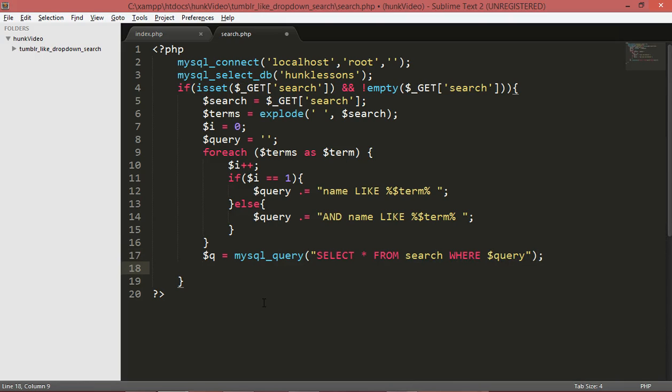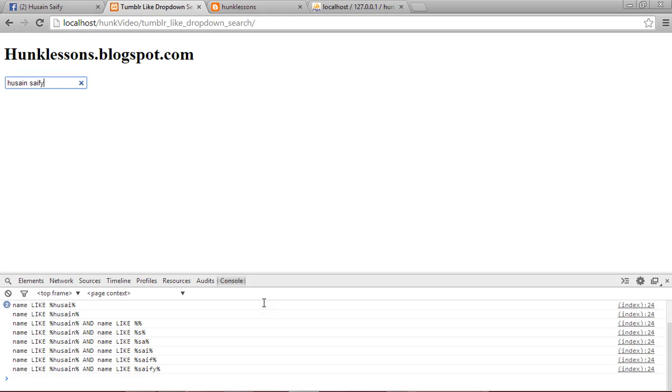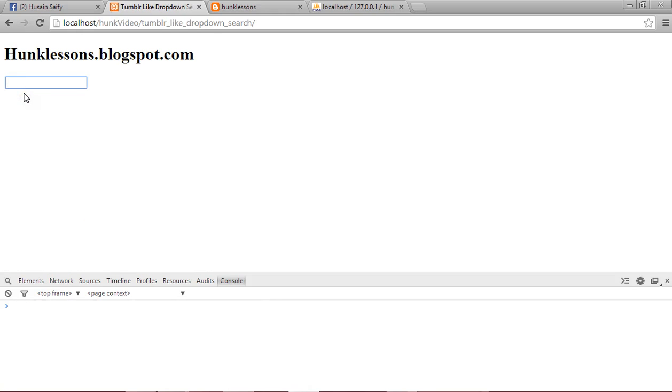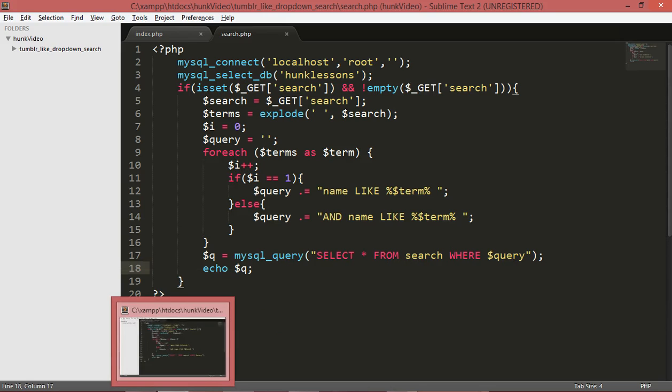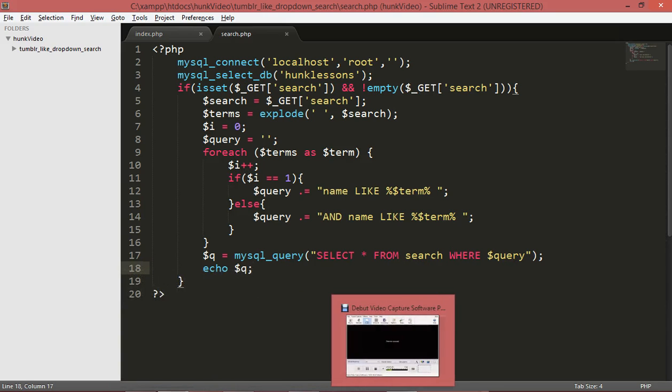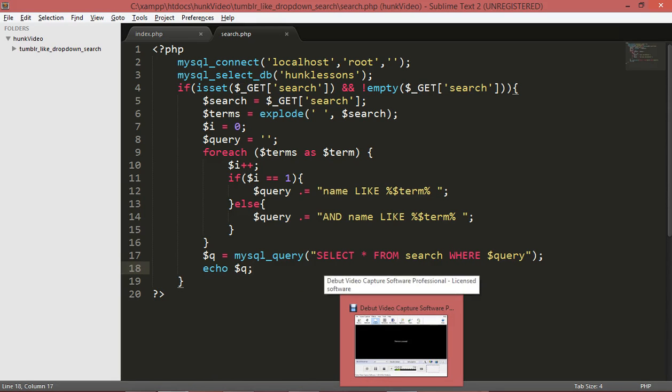Now we'll echo q to see whether it selected something or not. Okay, saved. Now we'll echo it here. Hunk. Oh, it's not selecting anything. Now let me check what's the problem.